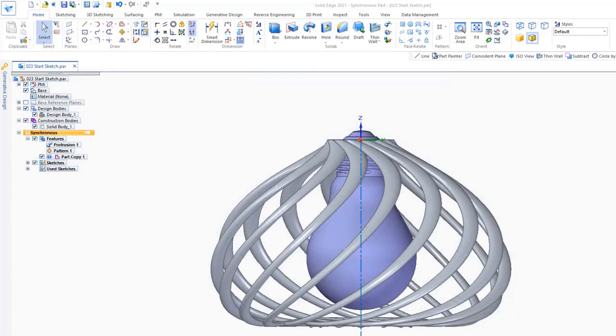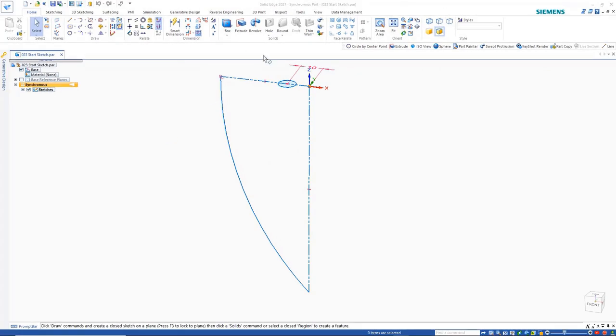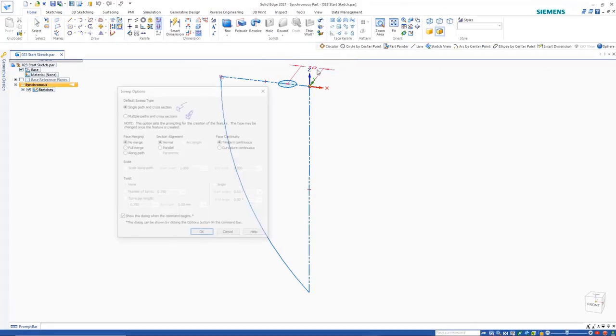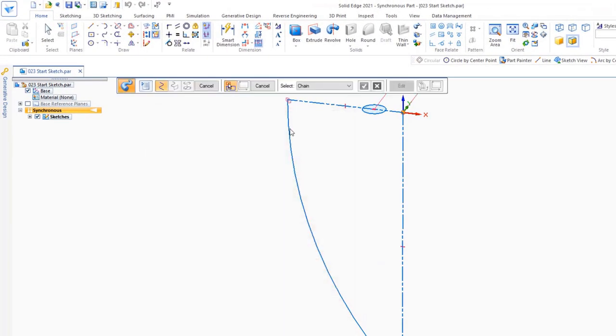Now in this example, it looks like I don't have quite enough room. I've squashed this down too far. So maybe I need to look at something in between. So let's go back to our sweep command, identify our arc and circle,